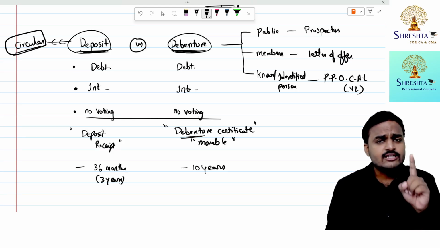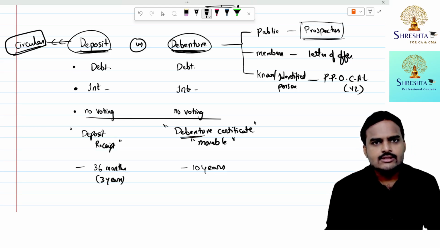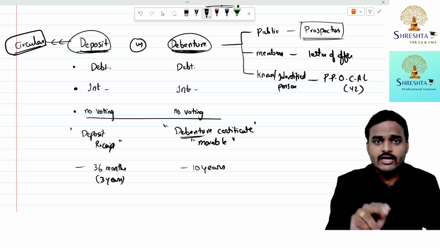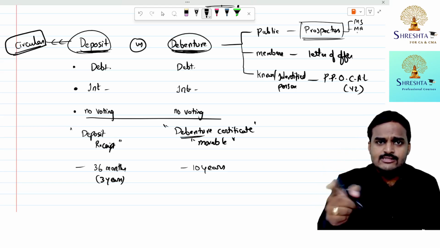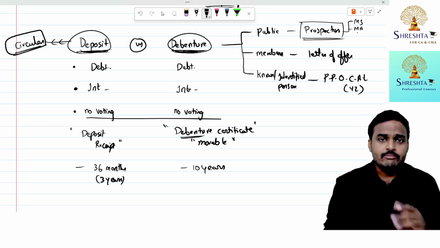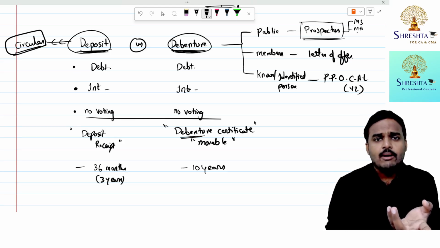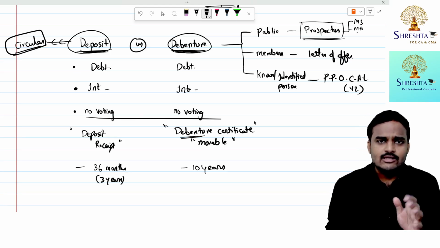And one major difference: if a company decides to offer debentures to the public at large under a prospectus, then it is required to satisfy two more additional conditions. That is section 39 and section 40. The company should satisfy the condition of minimum subscription and minimum application money. Minimum subscription means how much? The amount stated in the prospectus as minimum subscription, and it shall not be lower than 90% of the public offer. And minimum application value, you all know. What is the minimum application value? 5% of face value or 25% of the issue price.